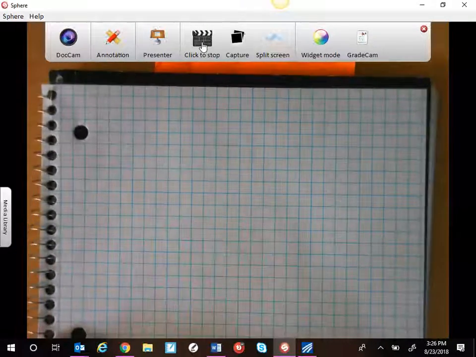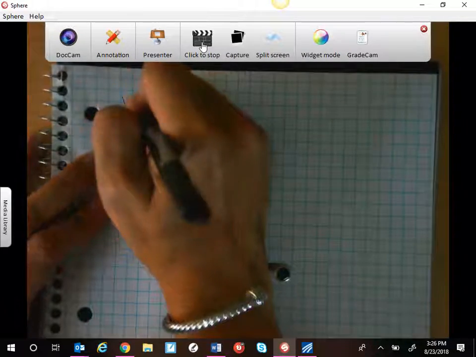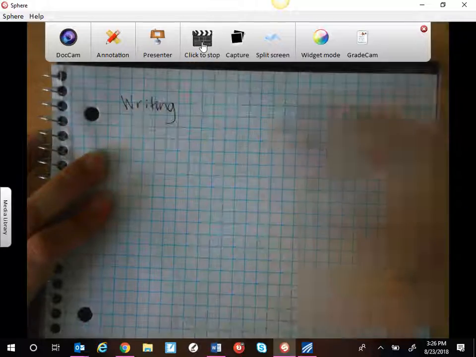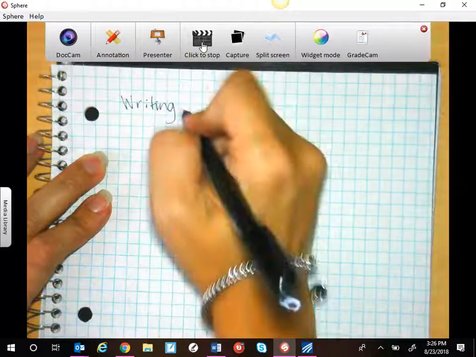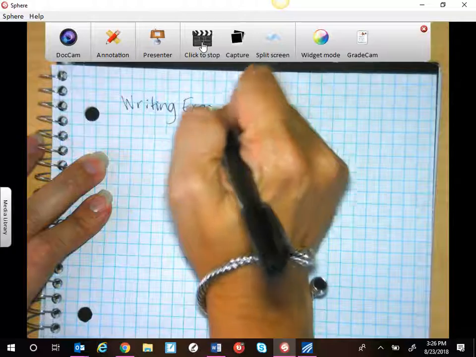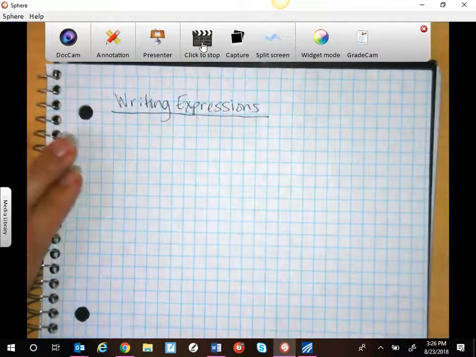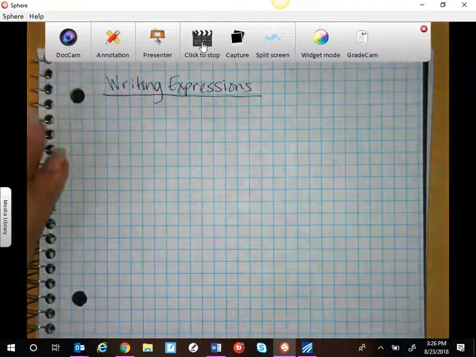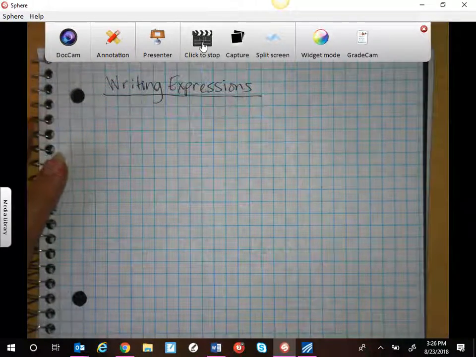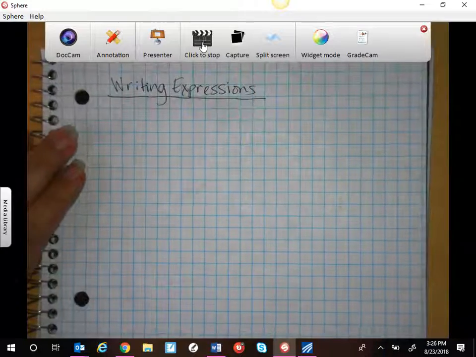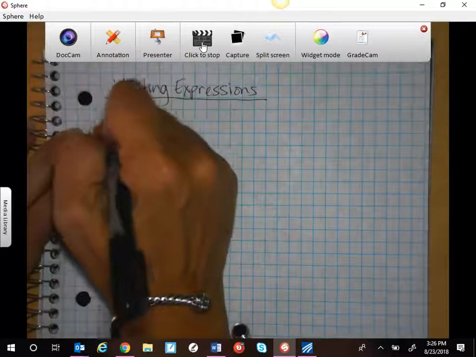The next thing I want you to do is you should have a journal of some sort, a spiral, a composition book, and I just want to refresh something with you really quick, and that is writing expressions. Let me turn the light back on. That's really hard to see with the phone. When we write expressions, this is going to lead into our lesson tomorrow. When we are writing expressions, I'm giving you words, and I want you to write me a number sentence without an equal sign. So the first example I'm going to give you